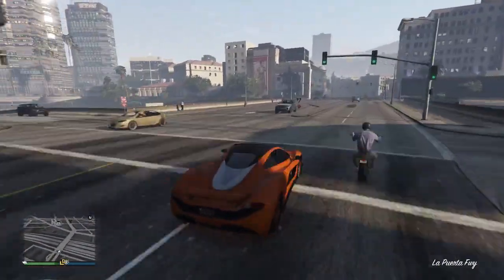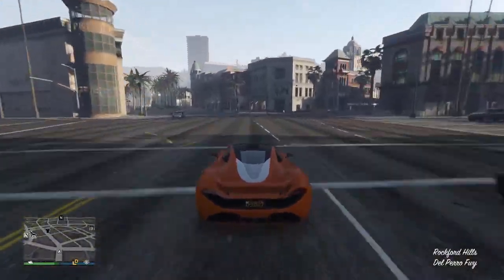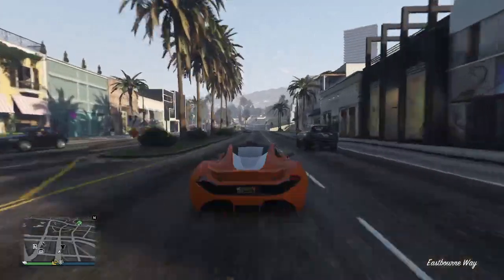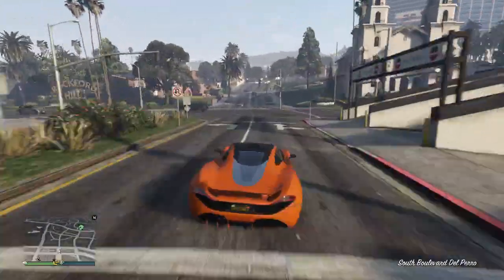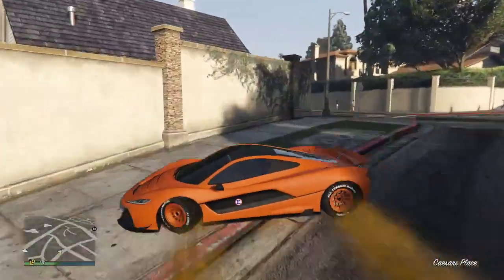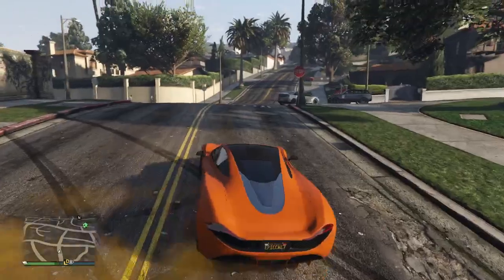It is the Trojan T20. All-time classic car in GTA at this point. Launched in 2015. At the time, it was the fastest, the greatest, and the most expensive supercar in the game. It's based on the McLaren P1,